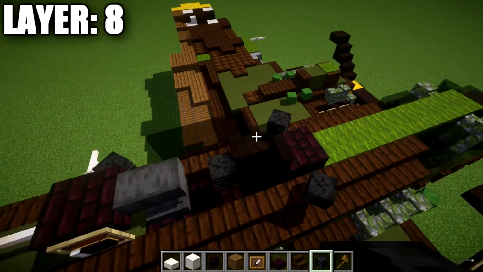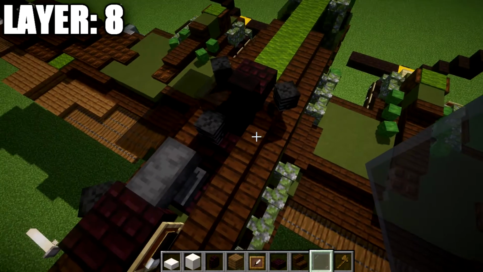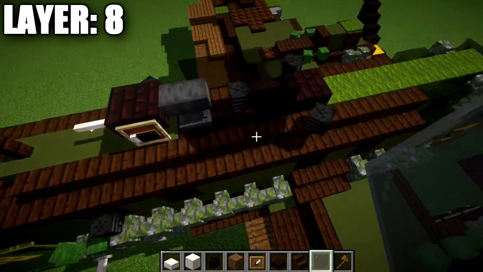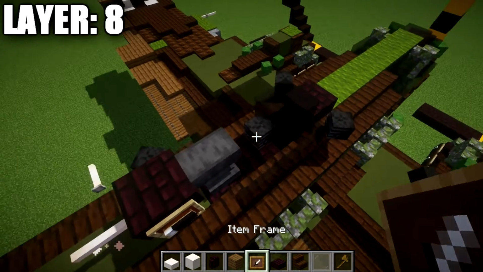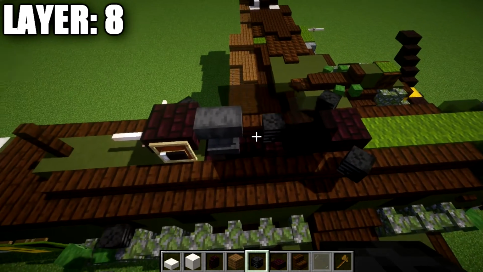Coming off the Arabic slab, we're going to place down a light gray stained glass full block with a light gray stained glass pane to both sides, and then come out that light gray stained glass pane going toward the rear. We're going to place down 1 and 2 light gray stained glass panes, so you have a row of 3 of light gray stained glass panes there. Coming off the glass full block, we're going to place down a wither skeleton skull on the inside here, and